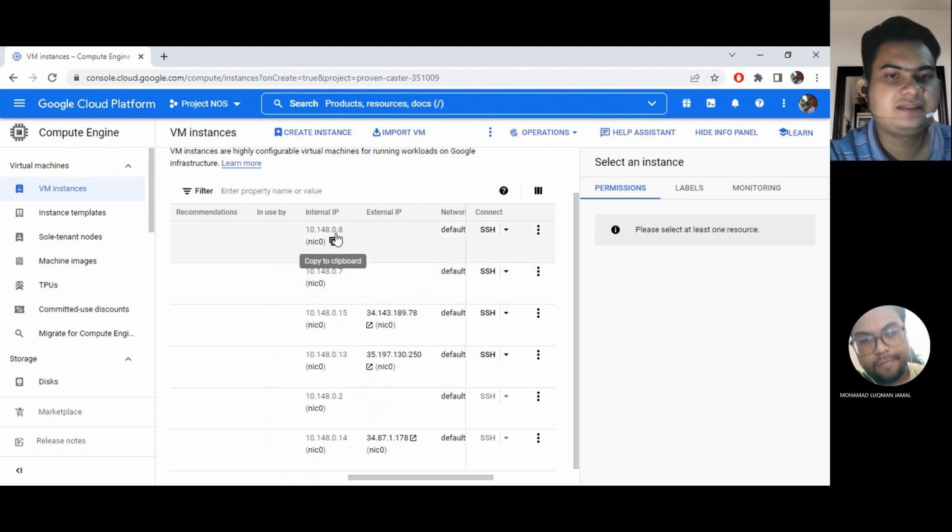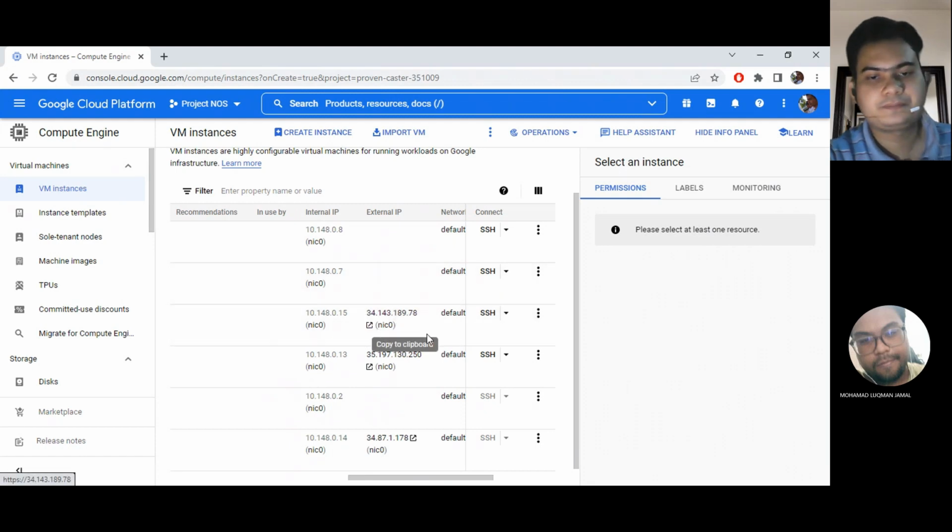All of our virtual machines are connected to the same subnetwork, as you can see here, subnetwork number 0, but with different IP addresses. As you can see also here, this is an IP address if we want to reach the server from the outside. As you remember just now, we ticked allow HTTP and HTTPS. So the external IP